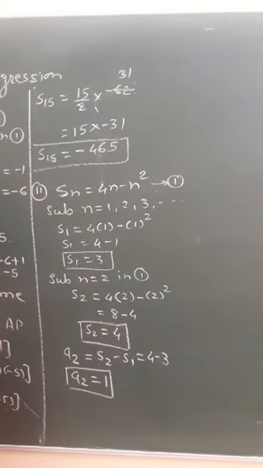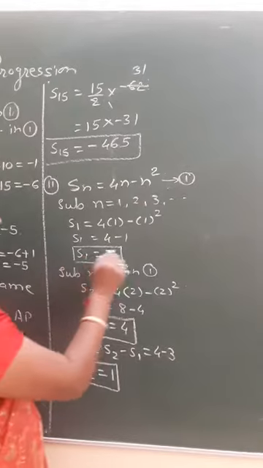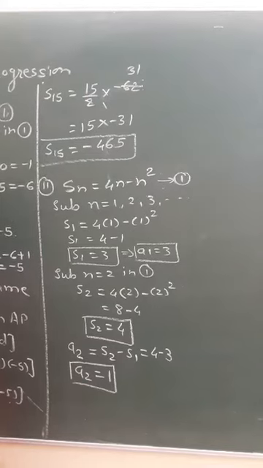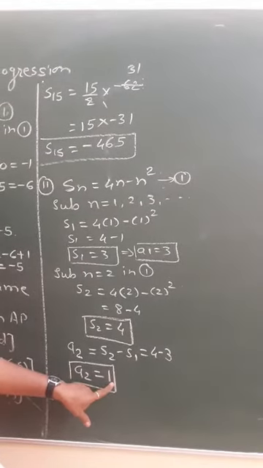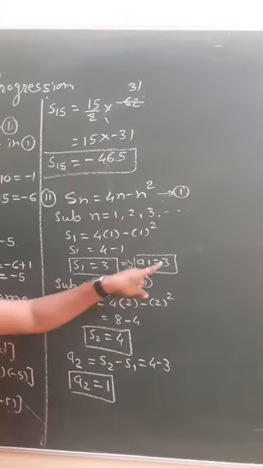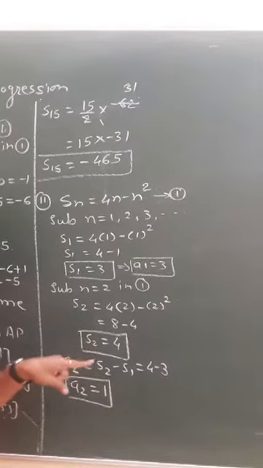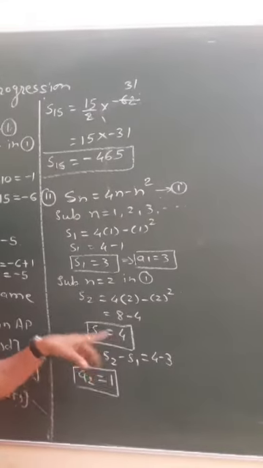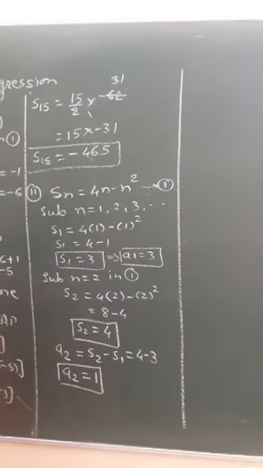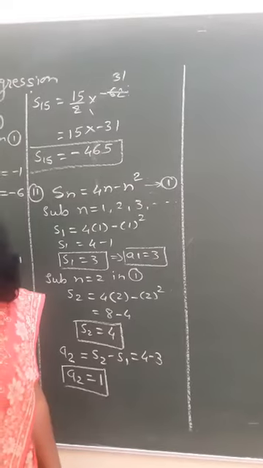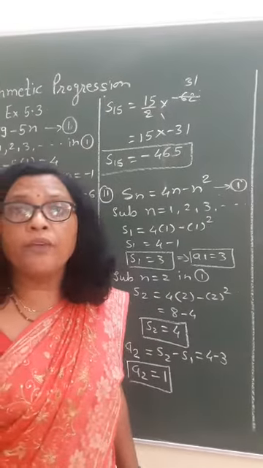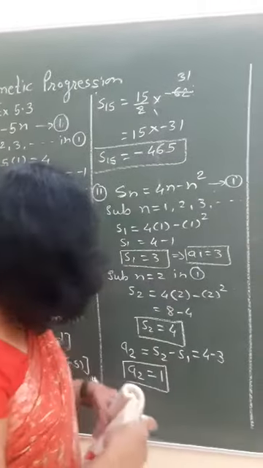Are you ready? Now see, very clear, S1 is nothing but A1 which is equal to 3, right? First term we got here 3, second term we got here 1. Can you say the sum of two terms A1 and A2 is nothing but 3 plus 1 is 4, and is it we got S2 is 4? Yes. Okay. So it is very clear that if we know the sum of the terms, and from there we have to find A2, A3, A4, then we can use this formula.